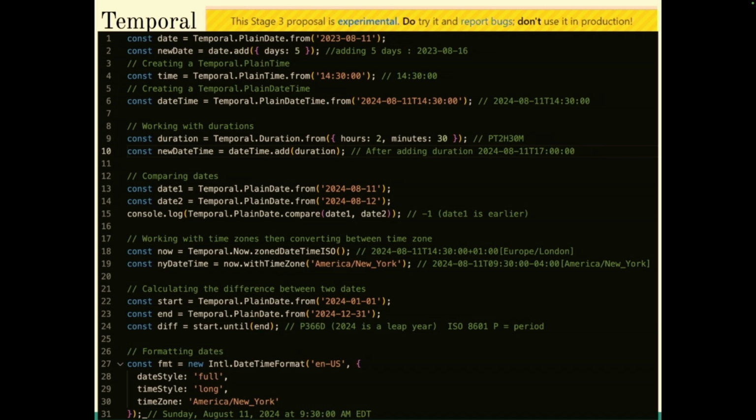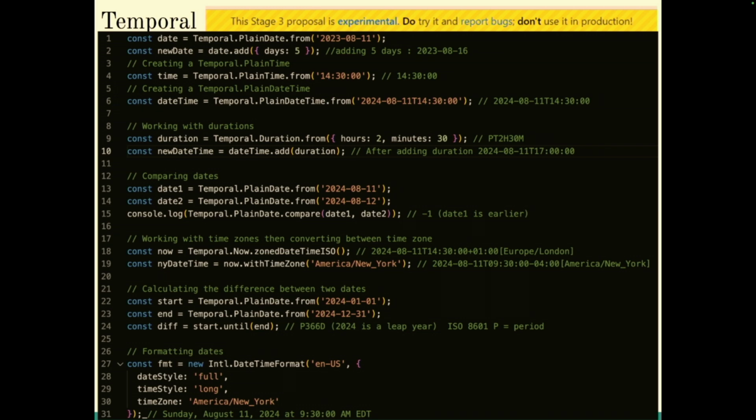So with a plain date, you could do plain date things. You can add X amount of time, like, let me add 5 days to a plain date. And then you might have the opposite. All right, I don't care about the date. I just care about the time, like how long it takes me to drive around a track, et cetera. So line 4, just give me a plain time. And then, what might one want to do with a plain time? You can add hours, seconds, et cetera, to a plain time.